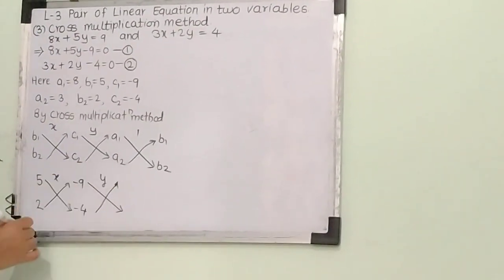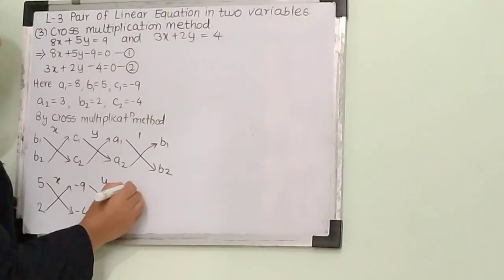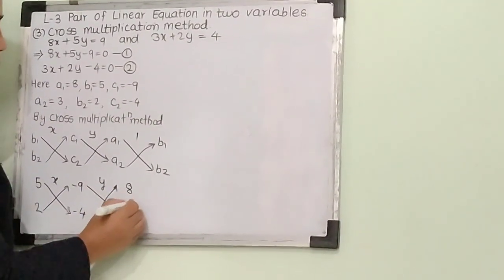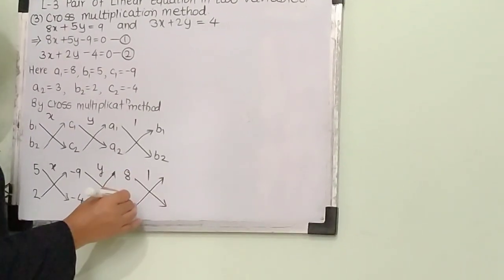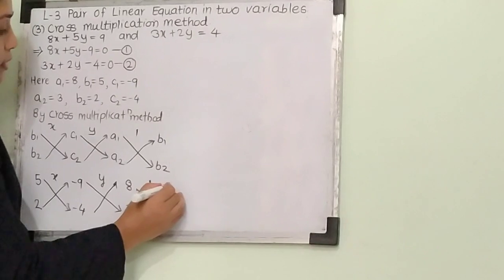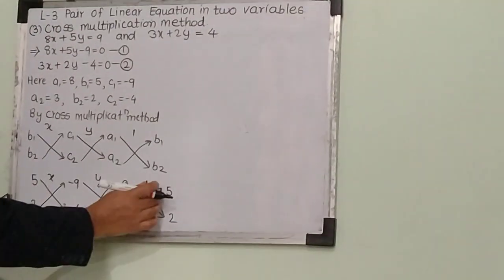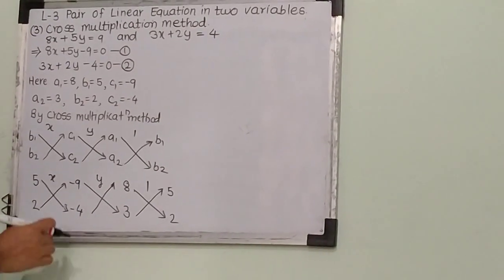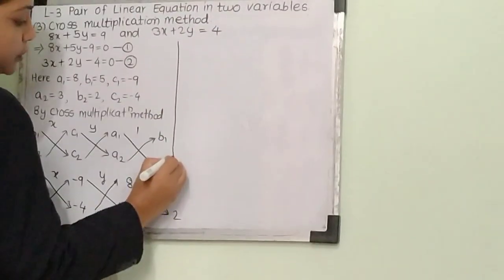Here the value of y will be there and here a1 upon a2, it means 8 upon 3. So again we have to cross multiply 1, that is 5 upon 2, the b1 and b2 values. Once we get this table, next we have to do